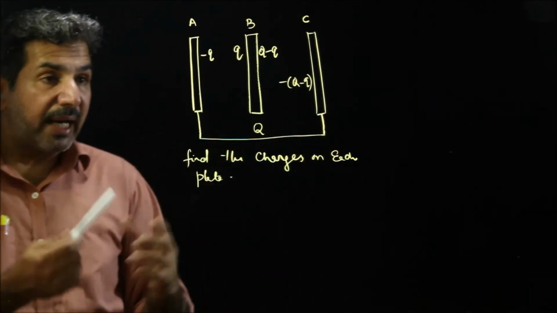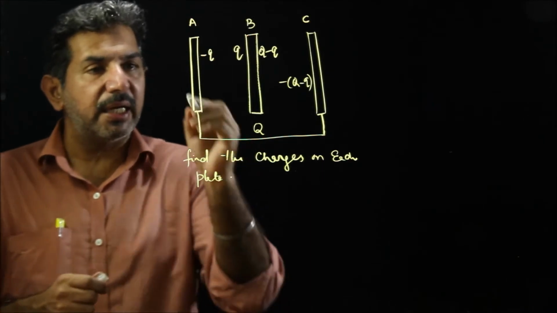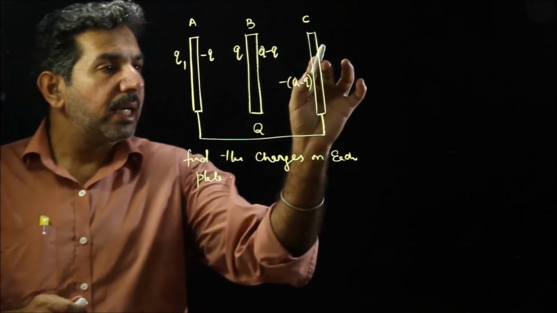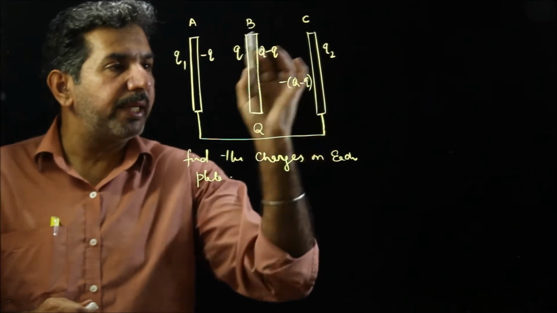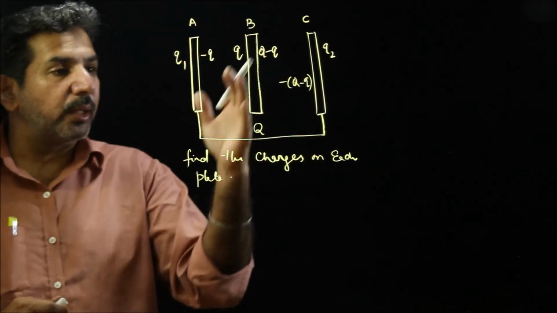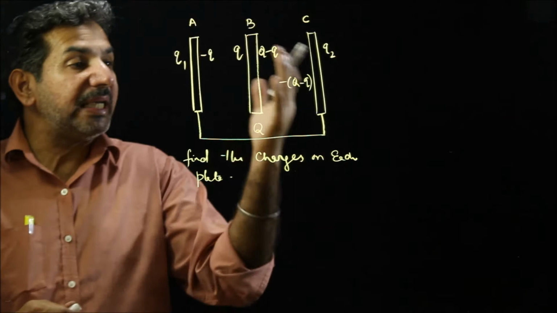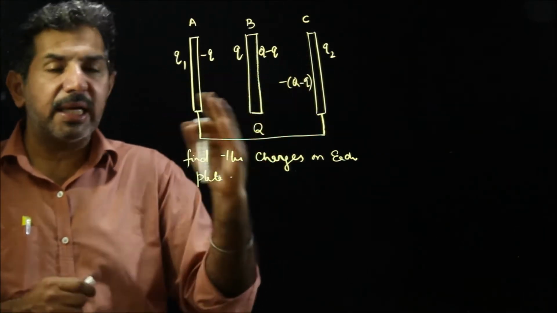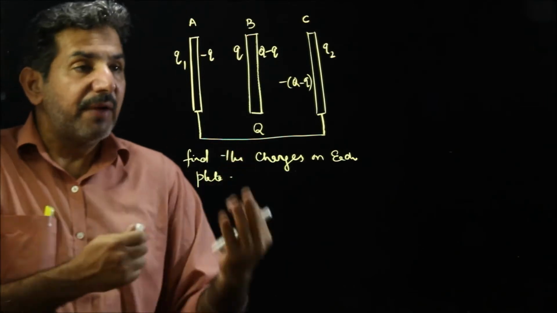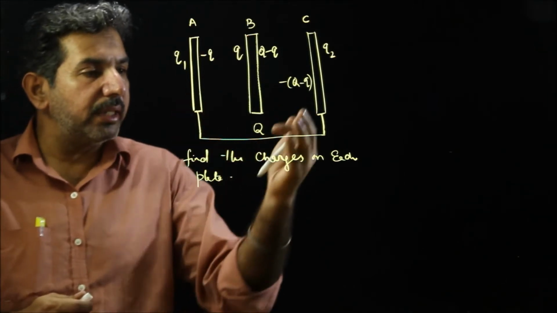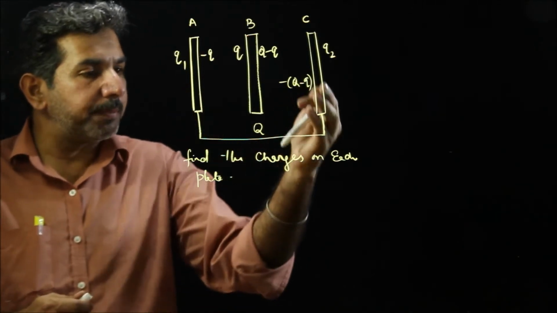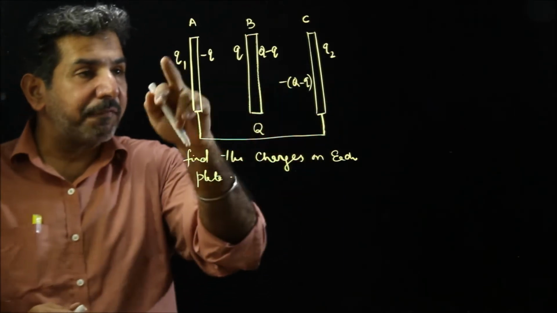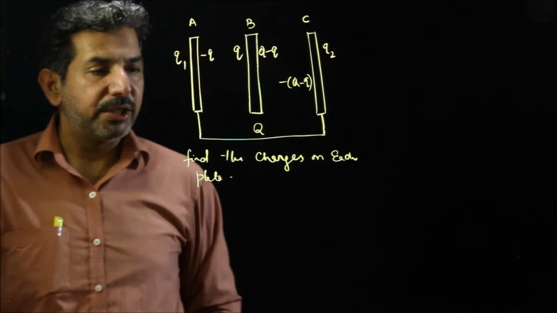So that is why we will suggest that you please consider this plate to be at charge Q1 and the outer face of this plate to be at charge Q2, and this is going to make life a bit easier. Why? Because now Q1 and Q2 can have any value based on the transfer of charge from this plate to this plate or vice versa, right? So this is the first trick that you have to manage.